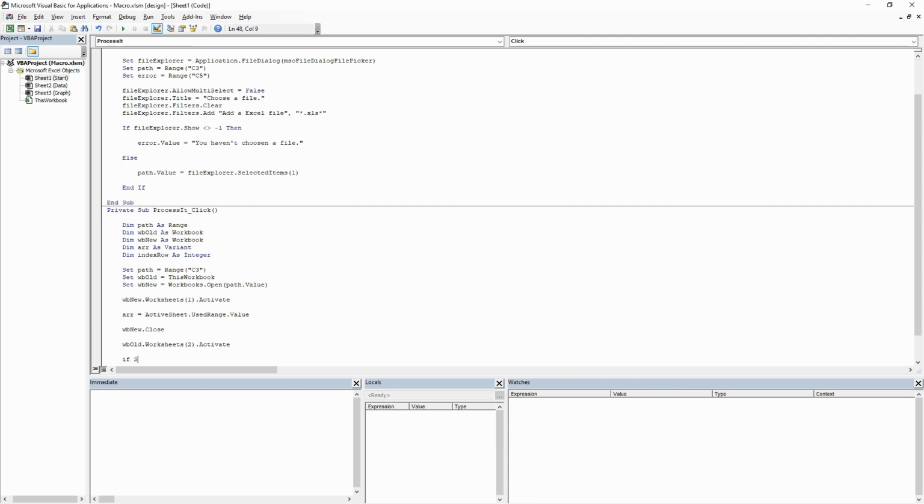Later, we write an If-Else condition. Oh, I forgot to create a checkbox.